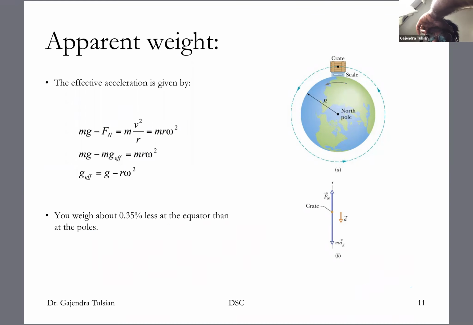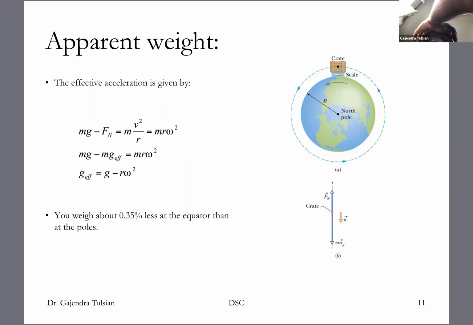So let's see what actually happens. Your weight is about 0.35% less at the equator than at the poles. So at the current speed, your weight at the equator only decreases by 0.35%. This is only about 0.35% of 9.81 meters per second squared. Okay. Anyway,